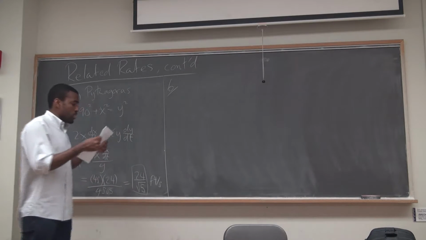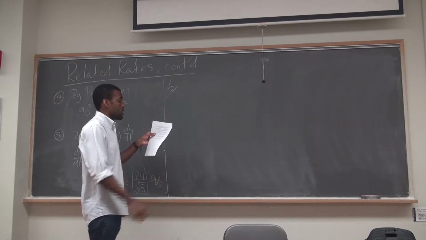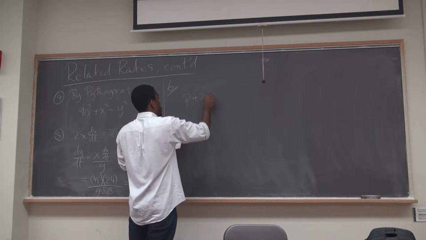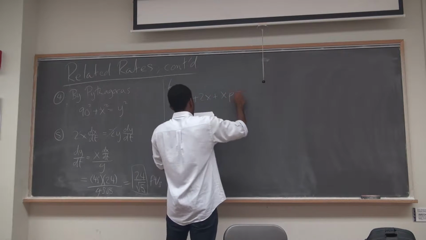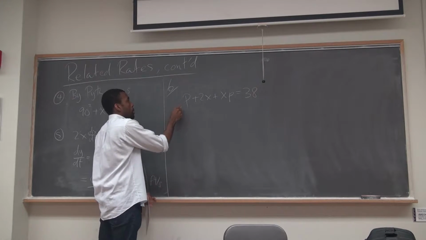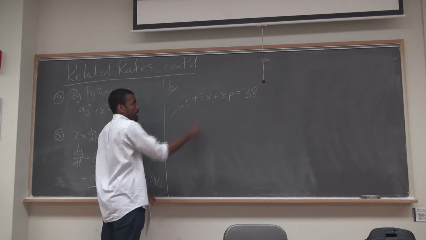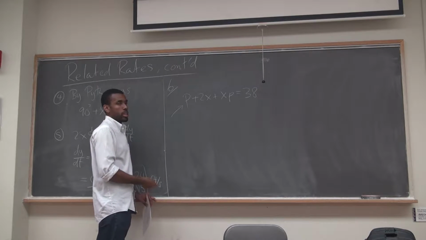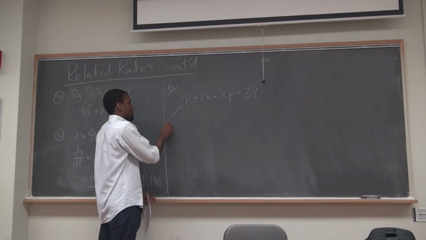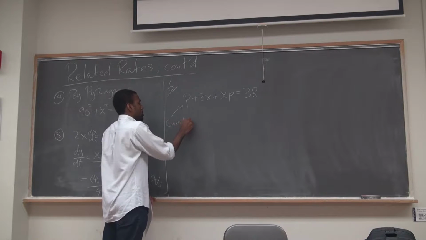And I figured out the following equation. So right here, notice that I give you the relationship. I tell you that P plus 2x plus xP is equal to 38. P is the price I'm selling the llamas for, x is the number of llamas I'm selling per week in thousands. So now, because you're given the relationship,